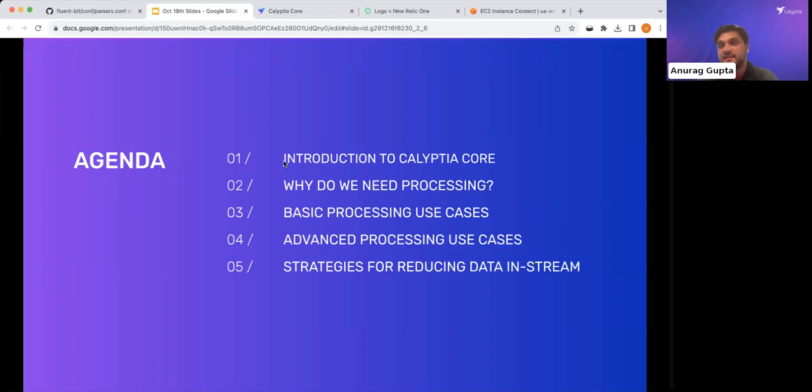Transformation and processing is always an interesting word to use because sometimes we think of doing processing as coming out with some sort of outcome. Are we reducing? Are we removing? Are we adding? But there's a lot of different ways that we can use this word processing to get the outcomes that we need. We'll talk a little bit about why Calyptic Core in the first place,